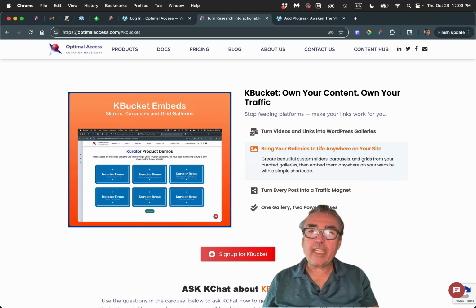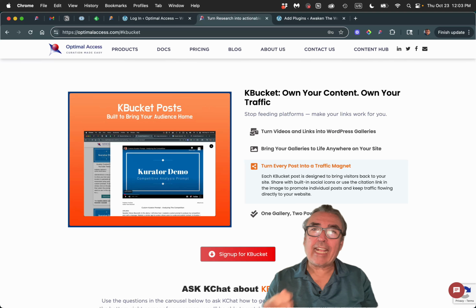And here you can see the descriptions. KBucket, in essence, is a content hub, a dedicated gallery that also acts as the source for content widgets on your website and the landing page for our KChat conversational chatbots. All three products are integrated as one, and we're going to take a look to see how they all work